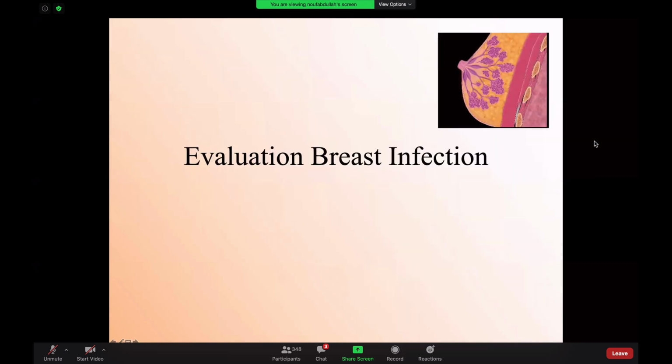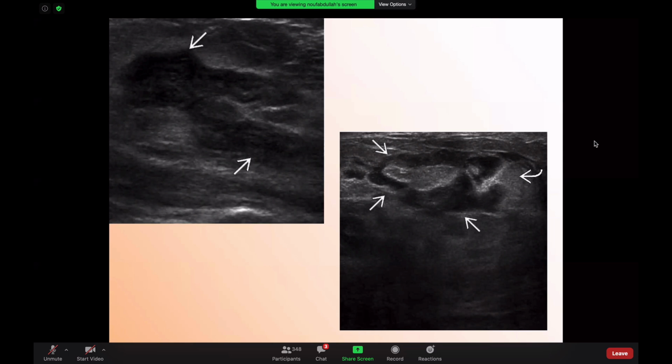Part of the complicated cyst that you might call as a BI-RADS 3 is when you are faced with breast infection or mastitis or abscess. So you look at this ultrasound image, you can see that there is a very irregular shaped mass lesion. There is internal echogenic component. You see some areas of echogenic halo around it, but you come with the classic history of a patient coming with fever, redness, she was lactating, and then she came with this. So you know that you are dealing with mastitis, and this is probably part of a breast abscess.